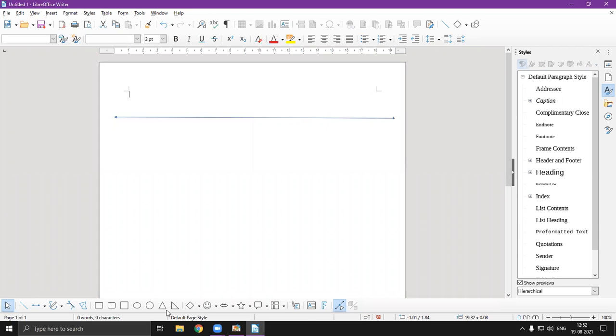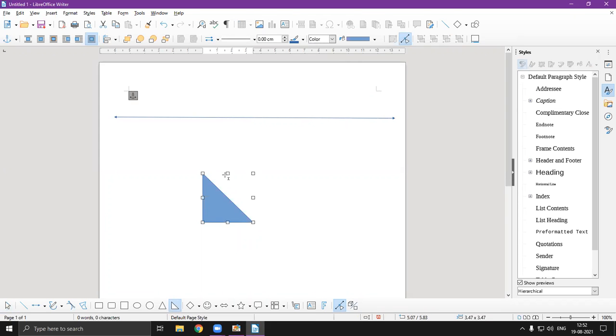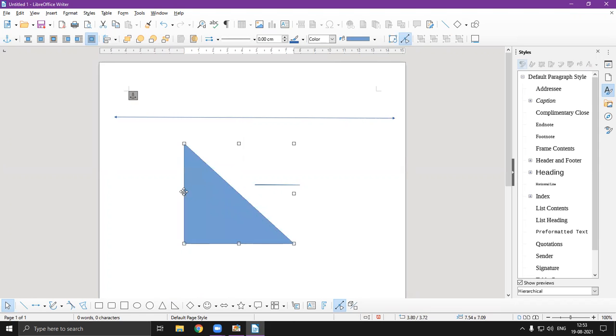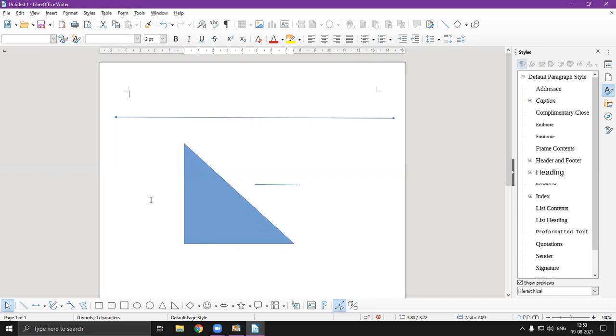Here is the triangle. Suppose I want this. I am just hovering it down. Just by clicking on that square button, I can drag it according to me and it will reflect the changes. So this is how you can deal with any object if you are working with Writer.